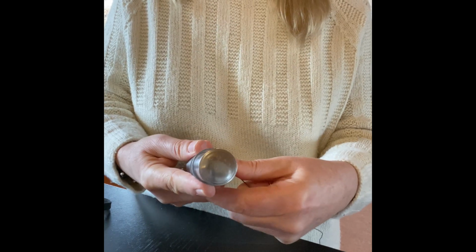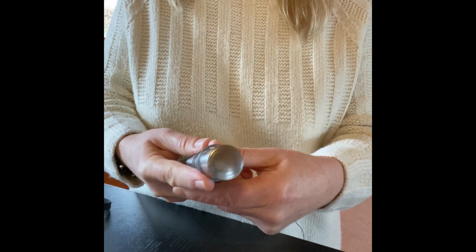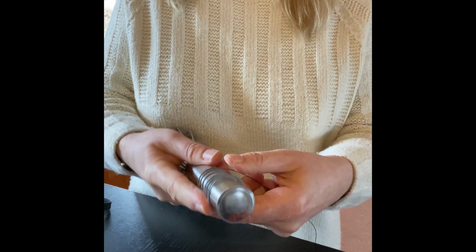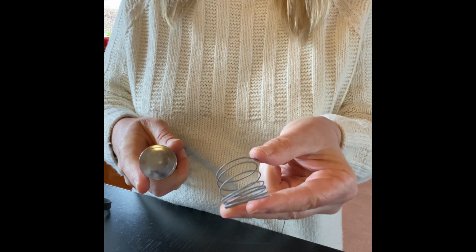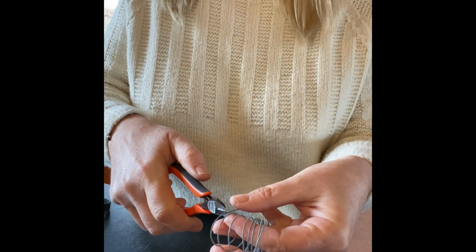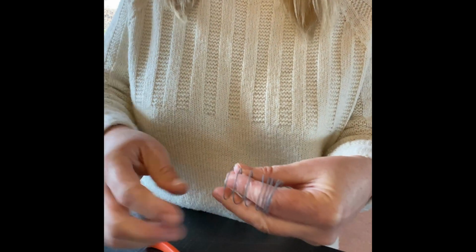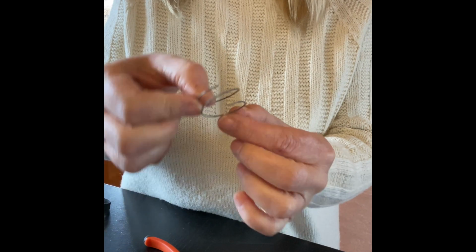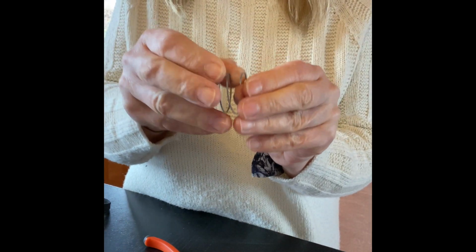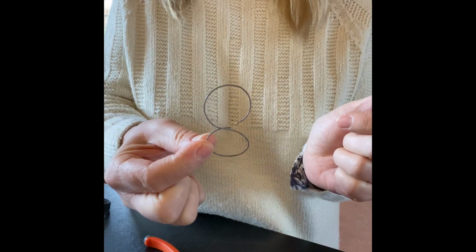My guess is it's 0.8 in gauge or something. You can see it here. And then I cut the thread with 2 loops to make one of these hooks. As you can see here, 2 loops, and then I just unfold it like this, so it becomes sort of